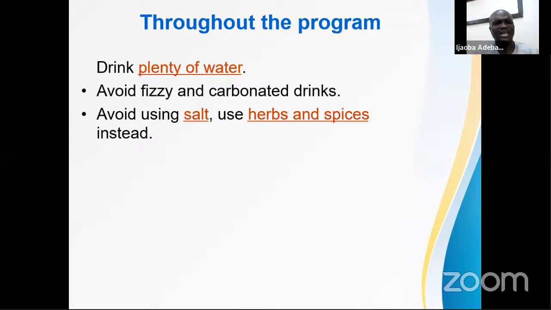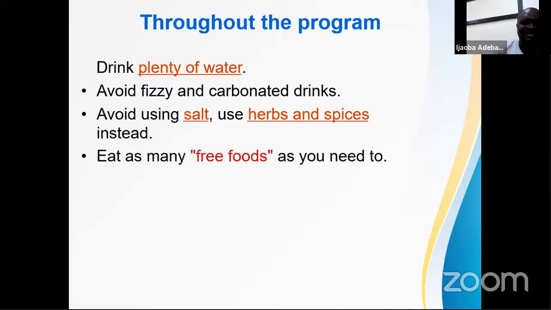In place of salt and sugar, my brother, my sister, use herbs and spices. Turmeric is there. Garlic is there. You can use garlic to cook fantastic meal. You can use other spices like turmeric. You know better. All of these things are natural and they are healthy. Too much salt is dangerous. Too much sugar is dangerous.